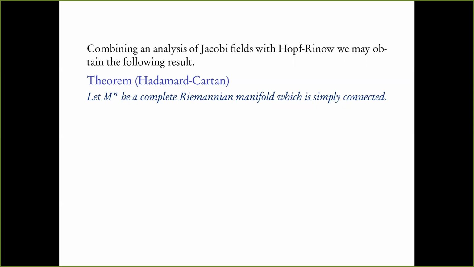Or a path connected space in this case, because M is locally path connected, so connected and path connected are the same. So simply connected means that the fundamental group is 0, which simply means that if I take any loop based at a point p, then that loop is contractible, fixing the base point. So any loop is homotopic to the constant loop at the base point, right? That's what this means. So if you have such a manifold, then you're going to impose certain curvature restrictions on it. If you don't impose any curvature restrictions, you cannot say anything nice, because there are plenty of simply connected Riemannian manifolds which are complete.